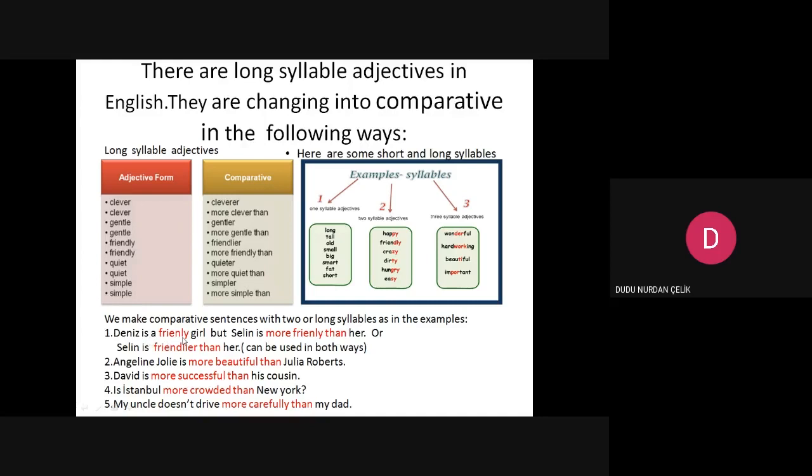Deniz is a friendly girl. Friendly, two-syllable. But Selin is more friendly than her. We can use friendly with more comparative, or we can say friendlier. Selin is friendlier than her. Both are true. Okay? Both are true. You can say in both ways.